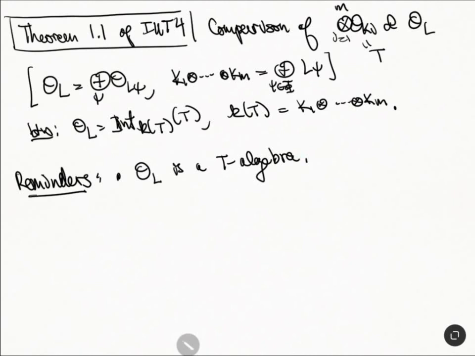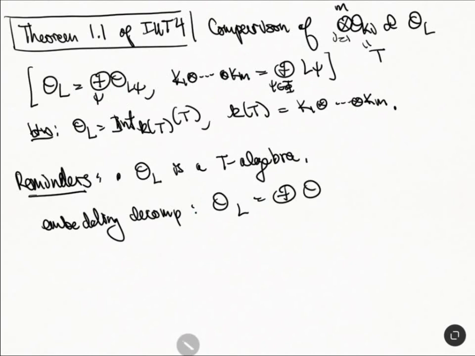The embedding decomposition of the tensor product of fields, or the ring of integers, gives that O_L is this direct sum of O_{L_ψ}. We've been calling this thing L, by the way. That's why we're calling it O_L. And this is over tuples,